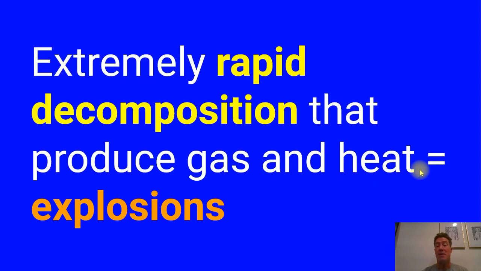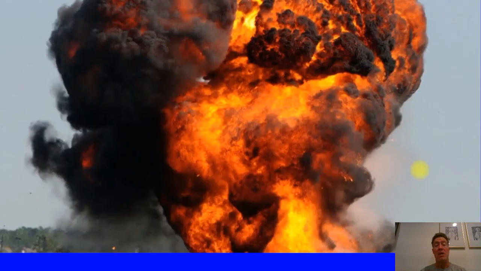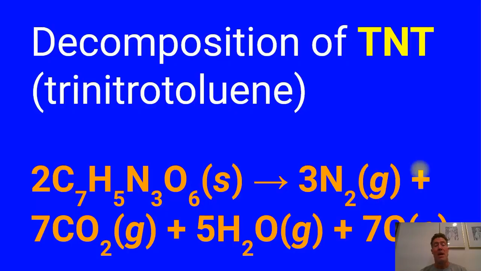Extremely rapid decomposition that produces gas and heat is known as an explosion. So that's what causes an explosion. A simple decomposition reaction that quickly produces gas and heat, and that expanding gas and heat tend to rip things apart around them. So here is a dynamite explosion, TNT. And the decomposition of trinitrotoluene, which is this big fat molecule here,